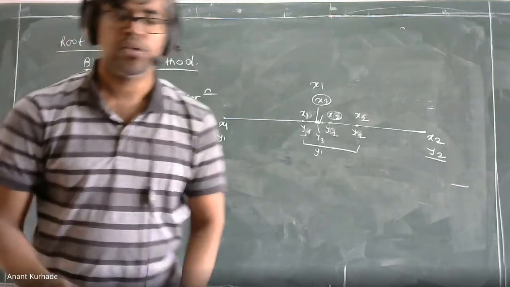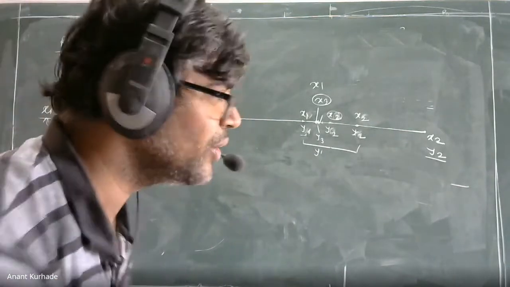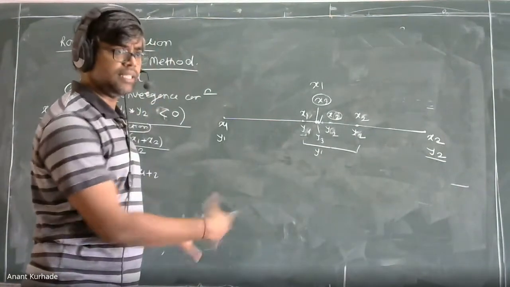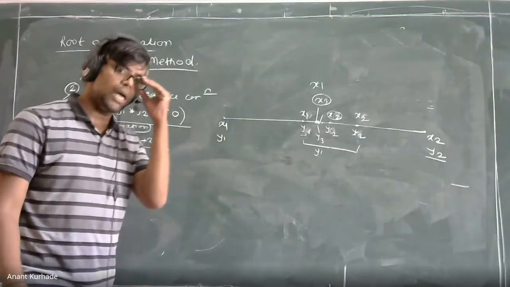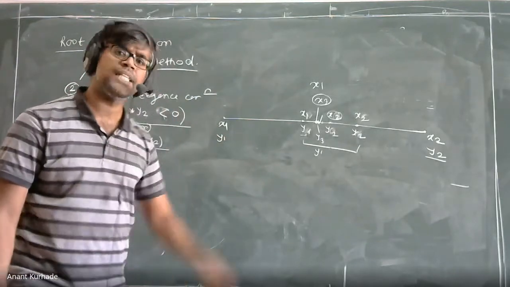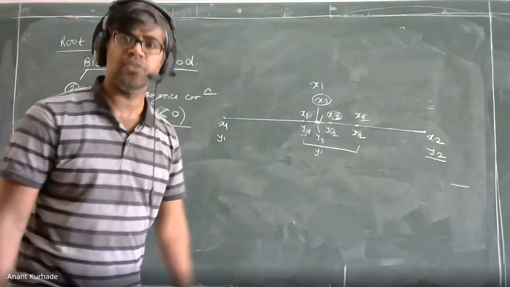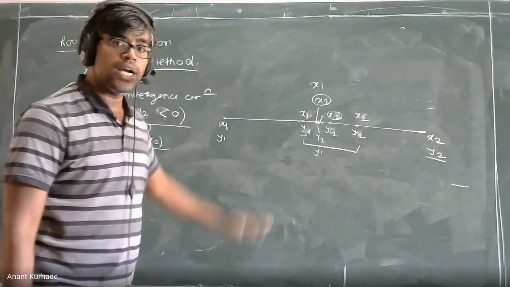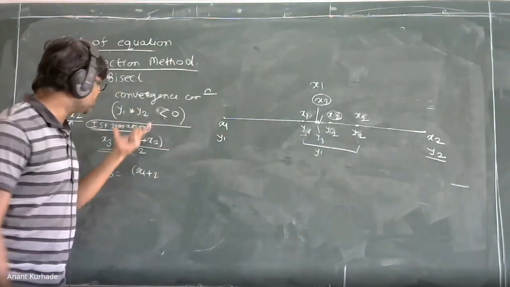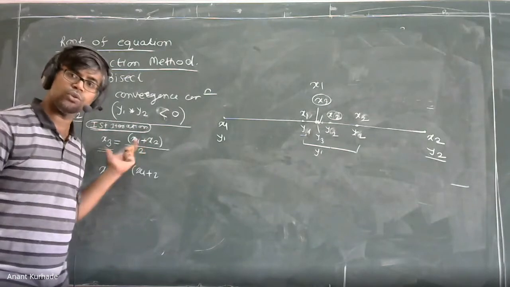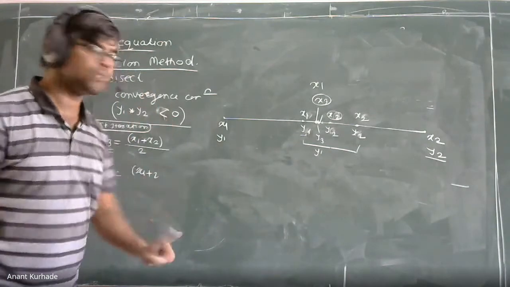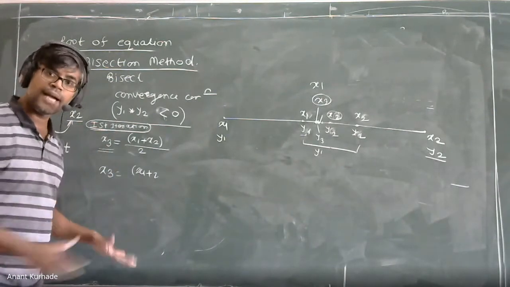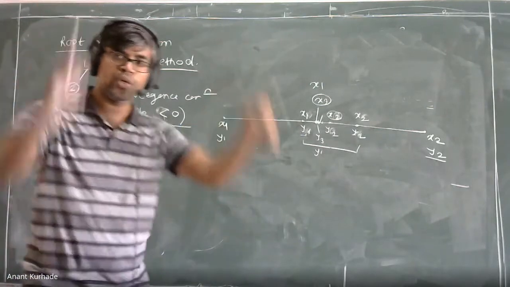Tomorrow we'll solve numericals. In an exam, if this question is for 6 marks, we have to perform 6 iterations. If it is not mentioned, then you always have to perform 6 iterations. Remember this. It is not required to show the formula in each and every iteration. You have to show one iteration in detail, meaning find x3 and y3.